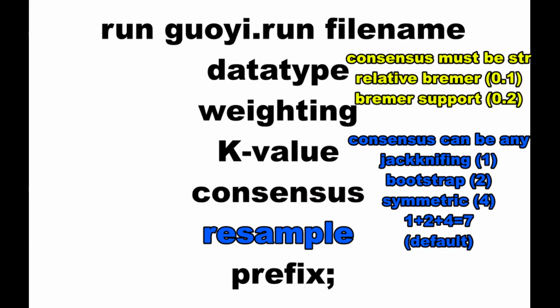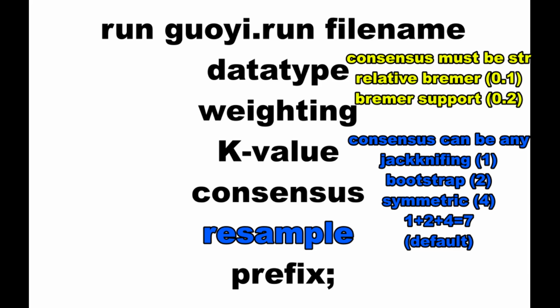For resampling options, use additive values. Jackknife equals 1, bootstrap equals 2, symmetric resampling equals 4, relative Bremer support equals 0.1, Bremer support equals 0.2. The default is jackknife plus bootstrap plus symmetric resampling equals 7. Note, if you choose any Bremer-related support values, they can only be used with strict consensus and may change the